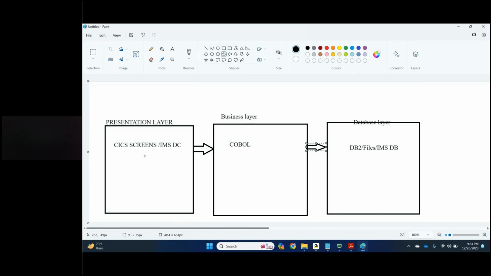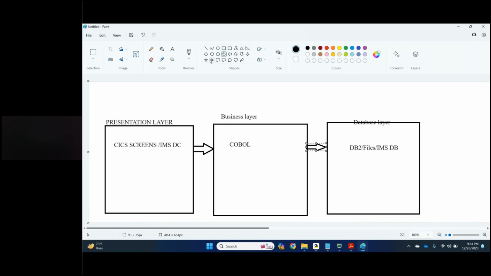Let's say once you insert the card, what happens? It will ask you for the PIN, right? As an end user, once you enter the PIN, it should validate whether it is valid or not. Once you enter the password, that will be received by COBOL. COBOL will do the preliminary, basic validations that can be done. After that, it will be passed to the database layer. The entered password against the debit card or credit card or that particular account is checked for validity, wherever it is present.